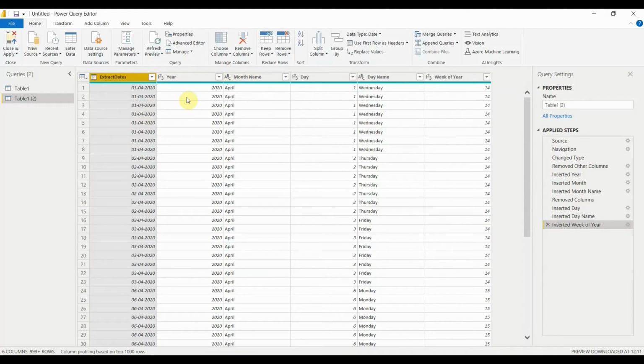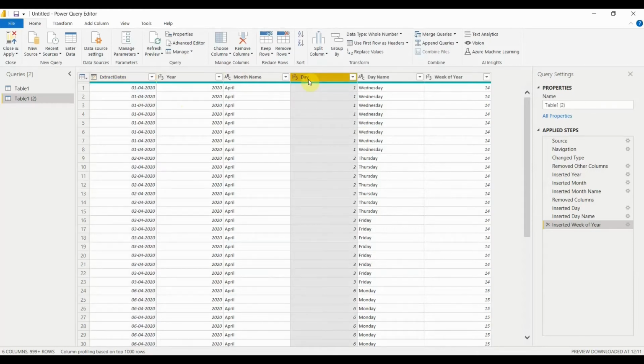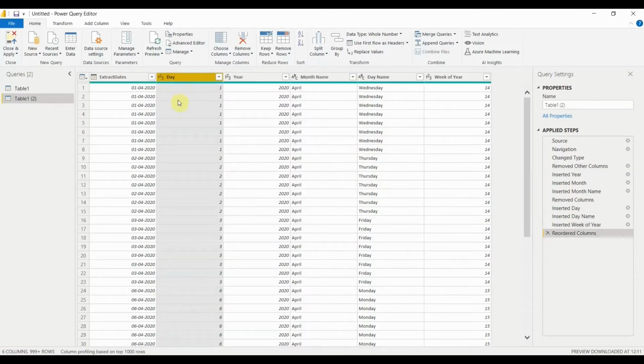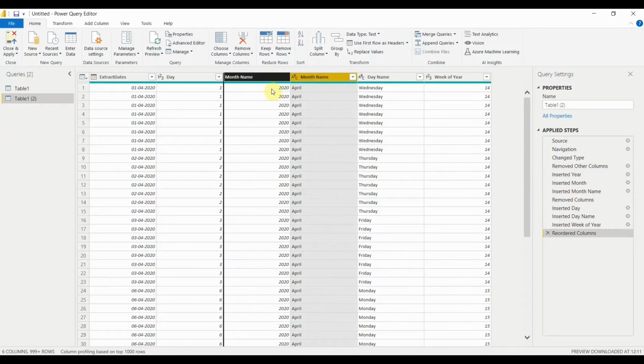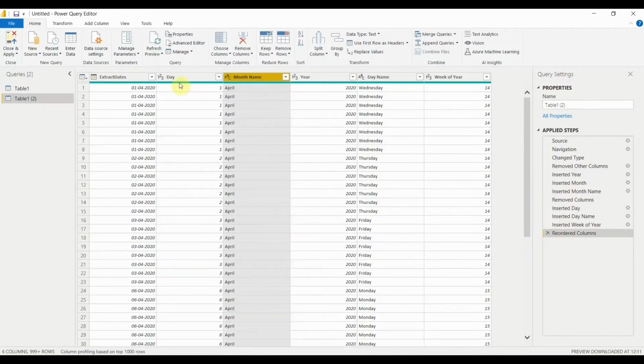To do so, it's a very simple procedure. Just click on the column that you want to reorder and drag it to the left or right-hand side, wherever you want. As I said, I want the day first, so I have the day. Then I want the month name, so I just click on that column and drag it to the left-hand side, so that becomes my month name.